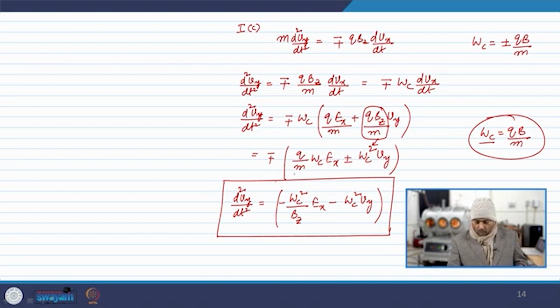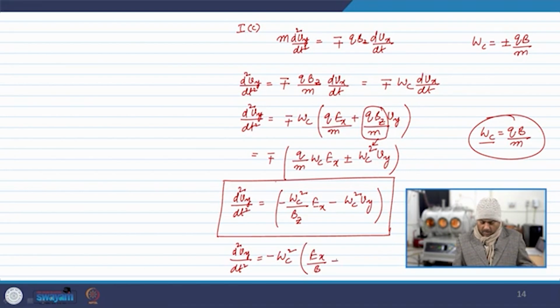So here q by m omega c when converted to omega c will give you a plus minus. Minus plus multiplied by plus minus will give you a minus. Again minus plus multiplied by plus minus will give you a minus. So we can summarize this equation as d square Vy by dt square as minus omega c square times Ex